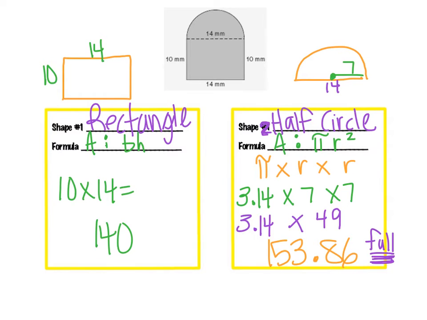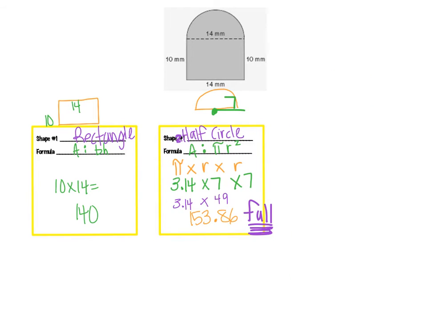So, how do you guys find half of something? Awesome. Thank you so much. You should divide by 2. Alright, so now we just need to half the quantity we got for the circle right here, 153.86. We just need to divide it by 2. I have no idea what that is, so I definitely need to divide it out. 153.86 divided by 2. We'll save some time and I'll just tell you. Let me type it in on my calculator. Alright, half of that is